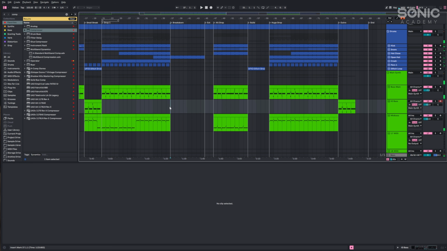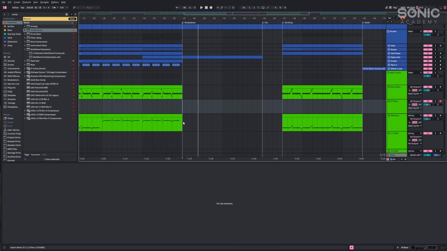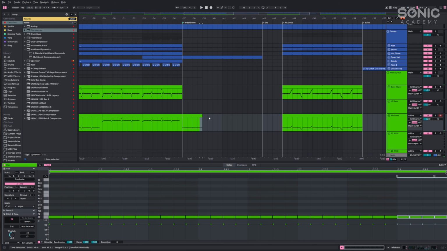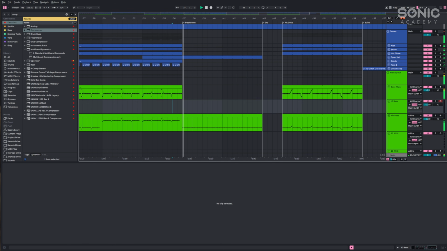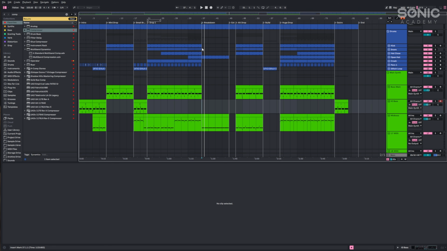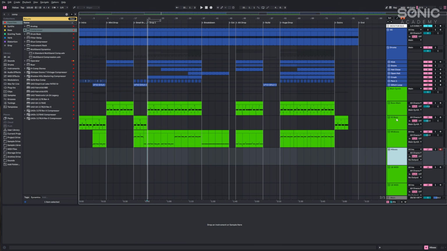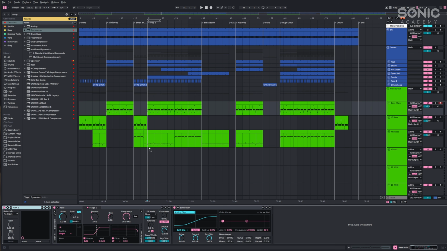Well, let's listen to our bridge here. Right now, nothing's going on here. We need to start adding some stuff here. So let's grab another MIDI. We're just going to put it in E2, and we'll just duplicate that. Boom, boom, boom, boom. Later on in the course, we're going to go deeper into these breakdowns, so I'm just going to leave that as is for now. Now we're going to add a high bass, and for this, let's start with just duplicating